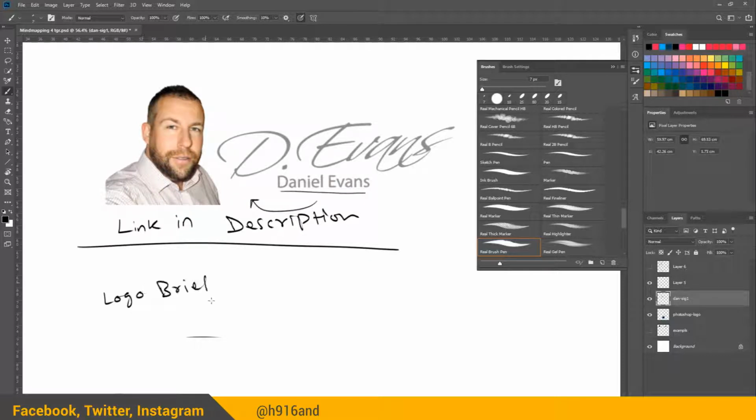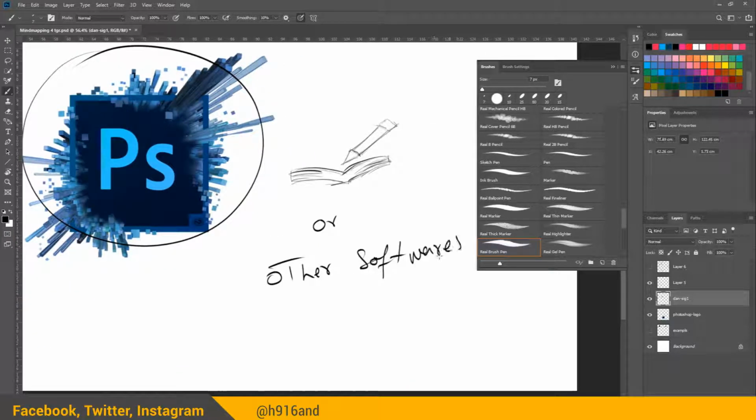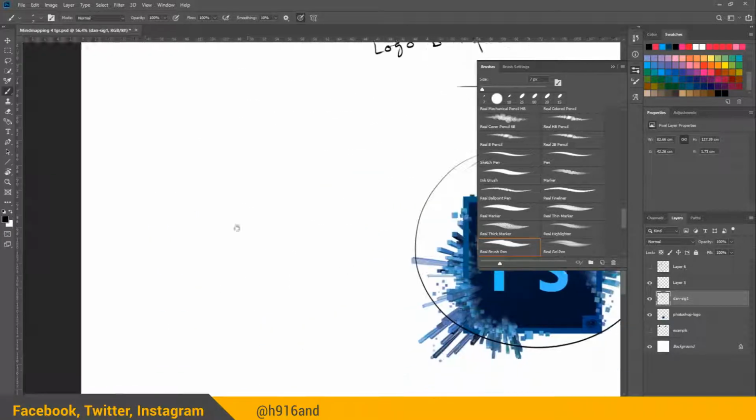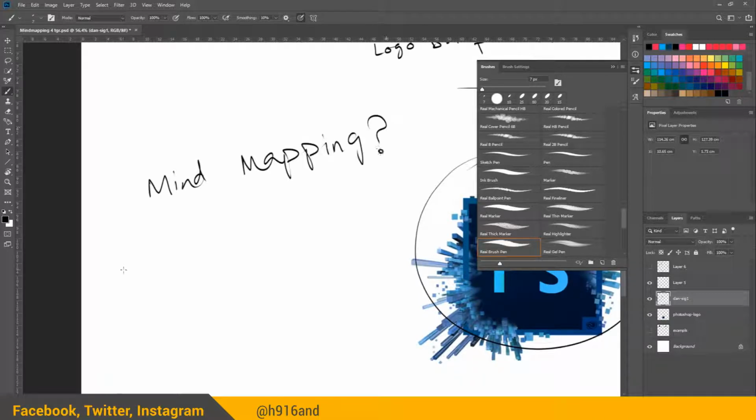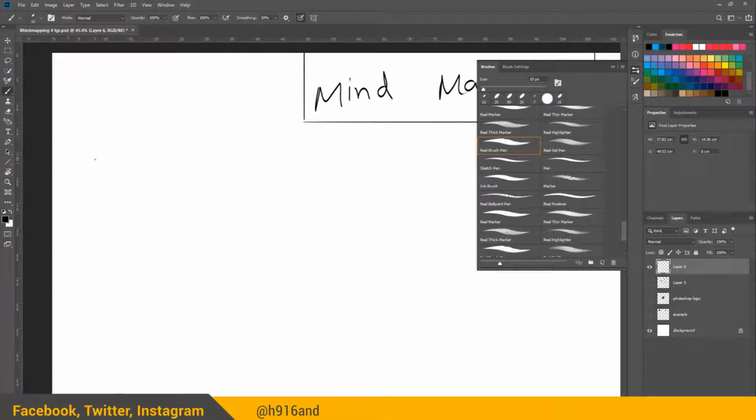To create a mind map, we of course need a logo brief or a questionnaire. I am using Photoshop for the mind mapping process. You can use whatever you want, a pencil and copy, or any other software, it really does not matter. So, what is mind mapping? Mind mapping is a process of extracting new ideas or words from what we have in the form of a logo brief. In the process of mind mapping, the first thing that I usually write down is the name of the company,